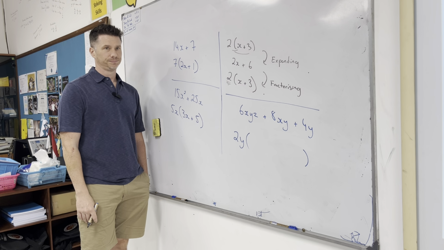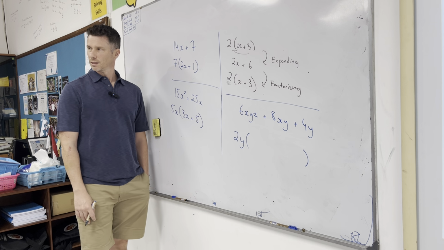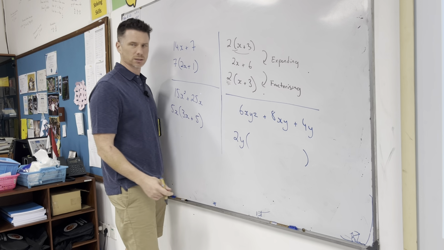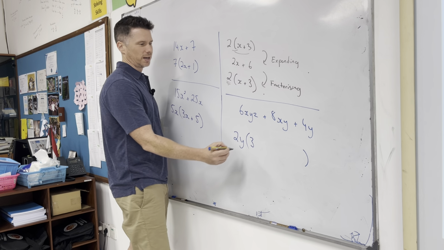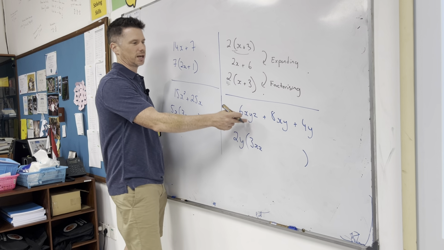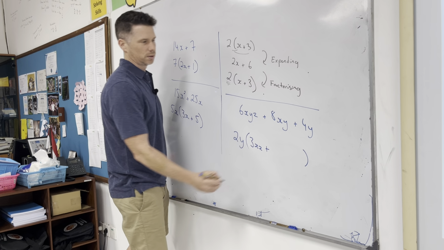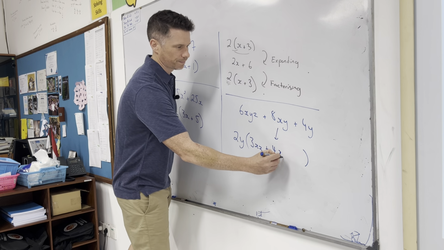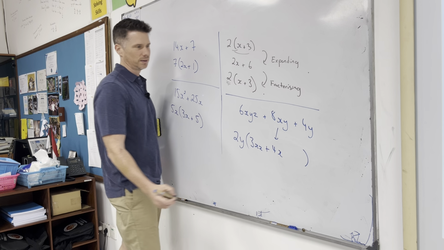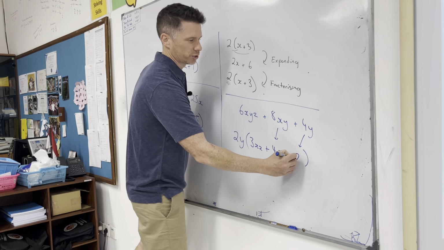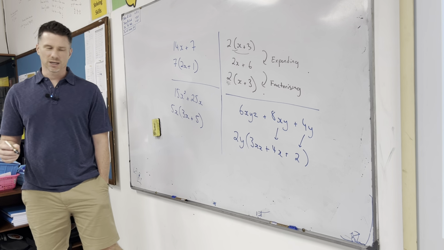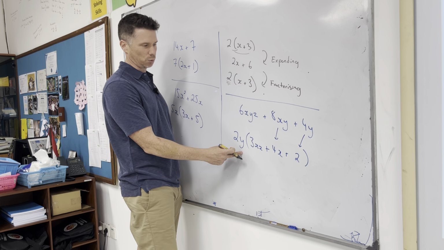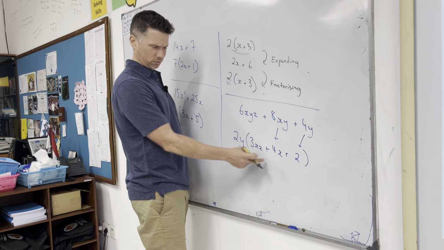xz here. Is there a number? Remember, it has to multiply to give 6. 3. And I'm missing an x and a z, so that would multiply back to give it. What about the number for the next one? 4x. Plus what? Plus 2. And then I just check that everything works out. So the 2y times this, 2 times 3 gives the 6, and I have x and z, and I have the y here. 2y times this, 2 times 4 gives